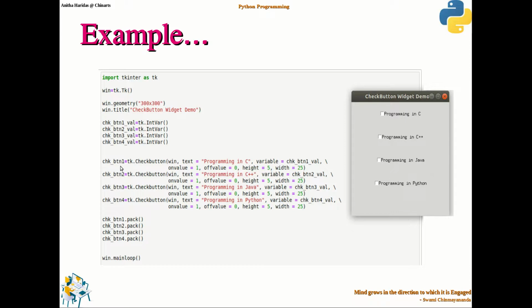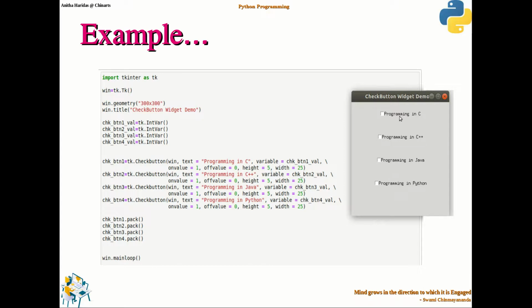For the first check button, I am associating check button 1 value variable. For the second check button, I am associating check button 2 underscore value variable. For the third check button, it takes the third variable check button 3 value, and for the fourth check button the variable will be check button 4 value.